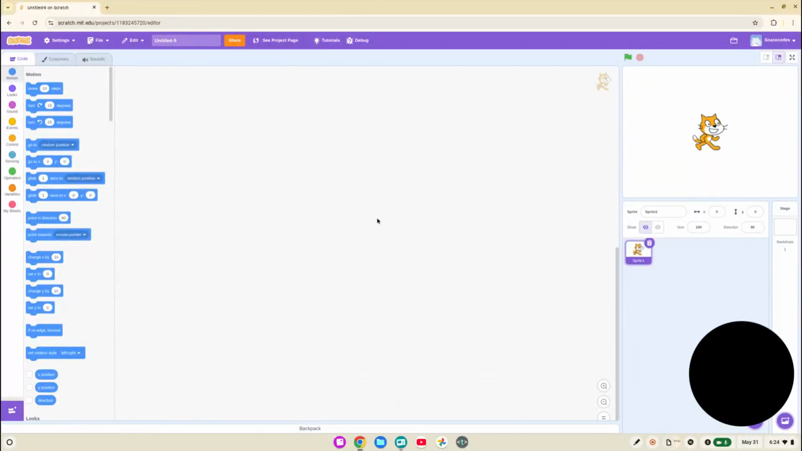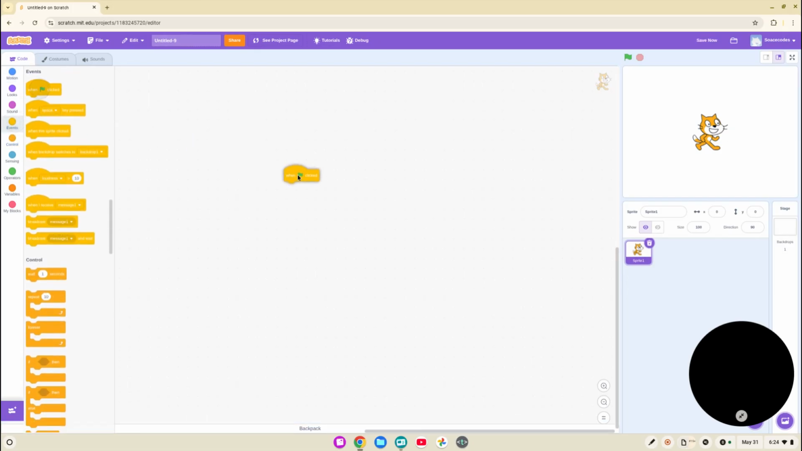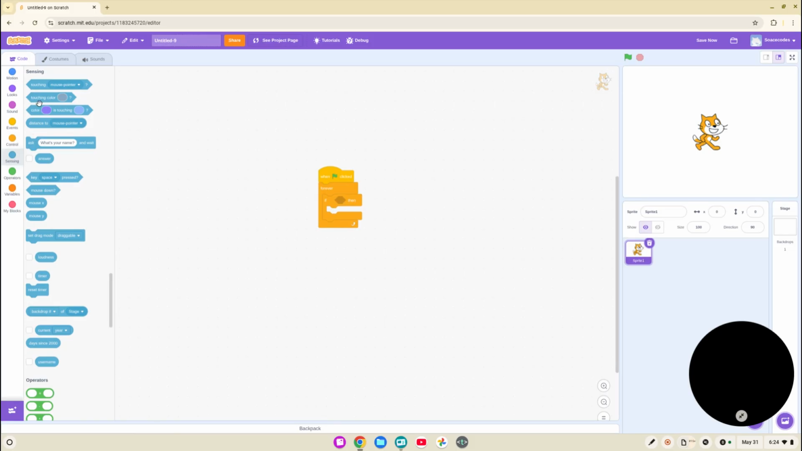Hello everyone, today I'm going to be showing you how to make a very simple collector game in Scratch. So what you're going to be doing is first code the movement system. You're going to do when green flag clicked, forever, and then you're going to do if,